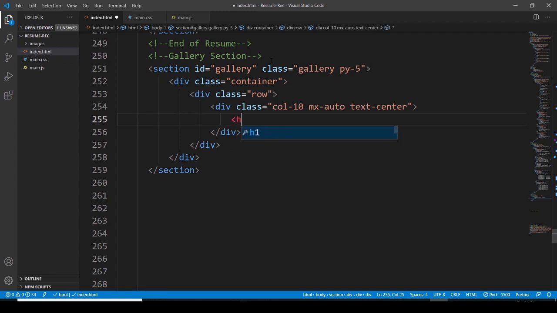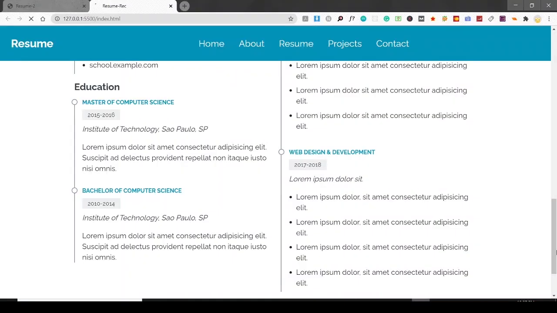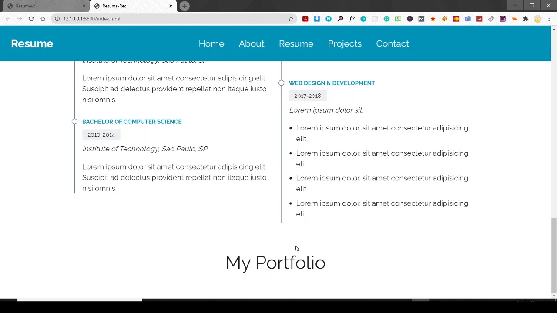Then we have to go with the heading one, where the class of this is going to be text capitalize, and here we have to say my portfolio. First of all, let's save it, move on to the browser and see. Okay,